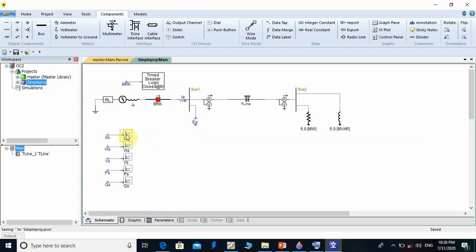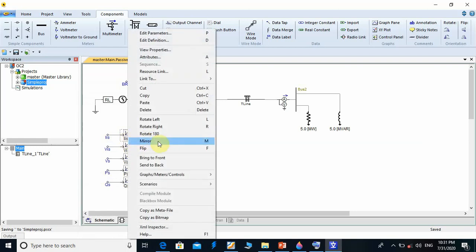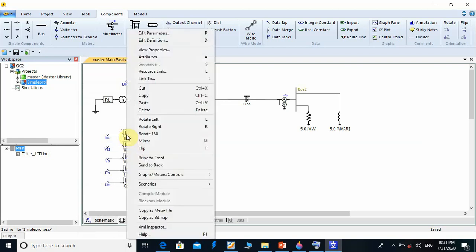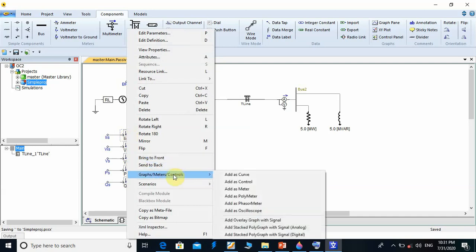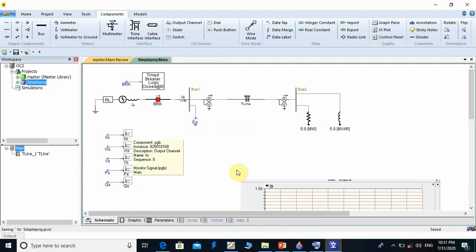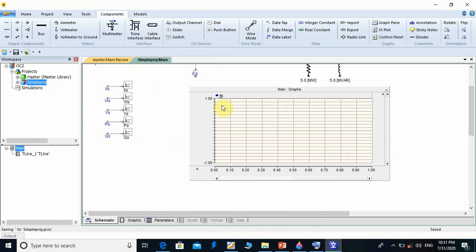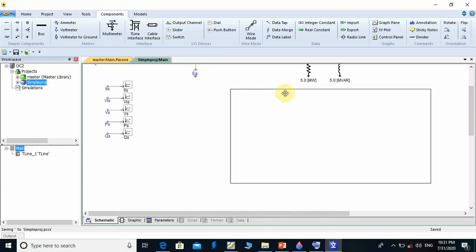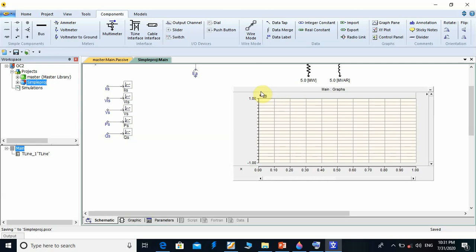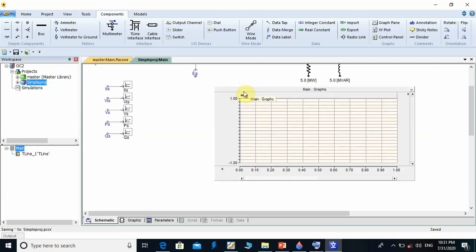Alright, for instantaneous, right click here on output channel, then go to graphs meter controls, then go to overlay graphs with signal. So I can see this instantaneous current for 3-phase current, line 1, line 2, line 3, or ABC. I have also another way. If I want to extract line 1, line 2, line 3,